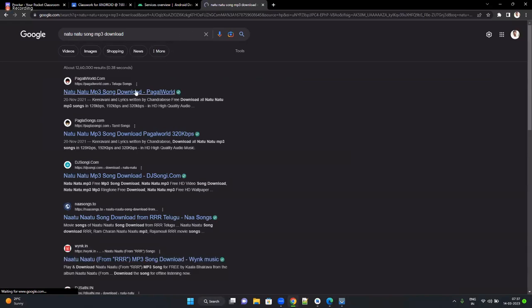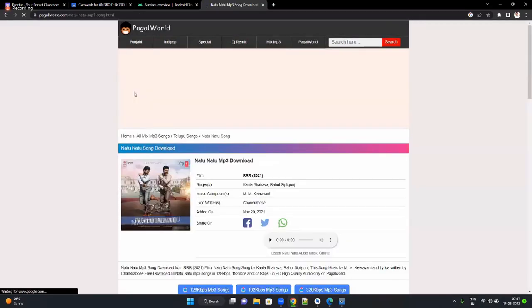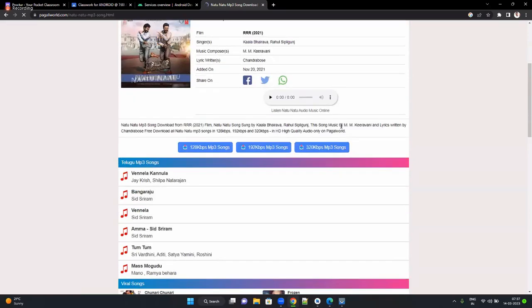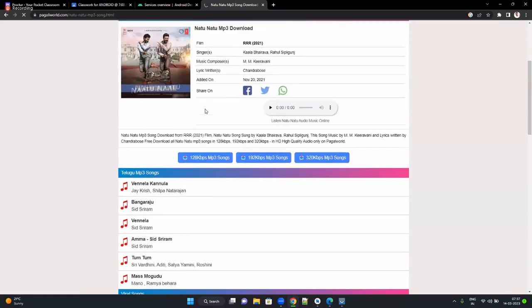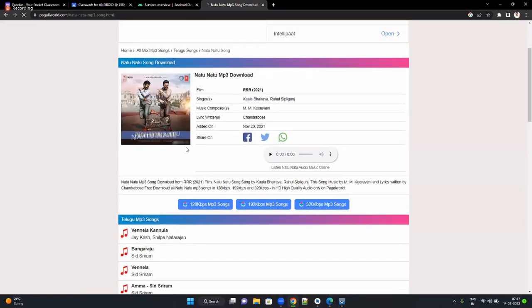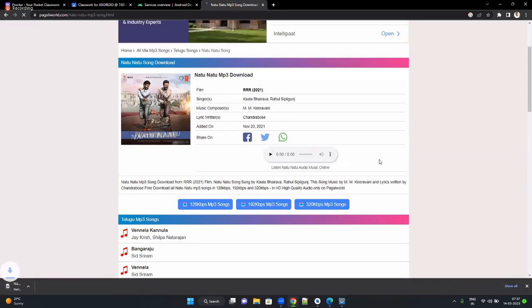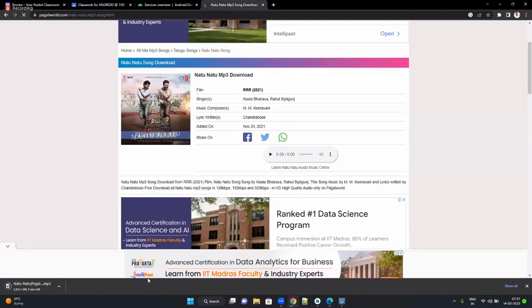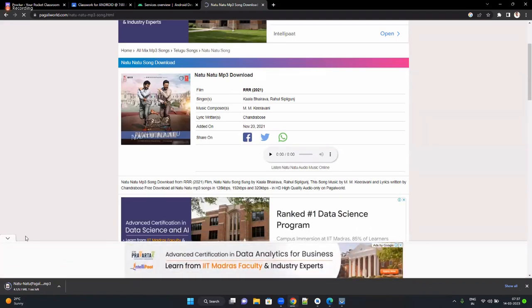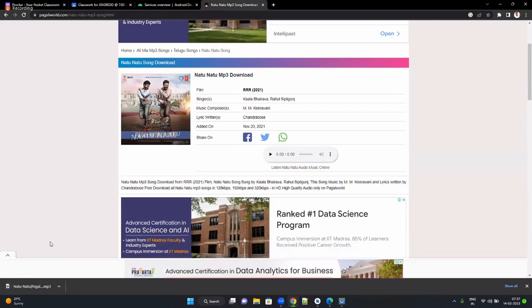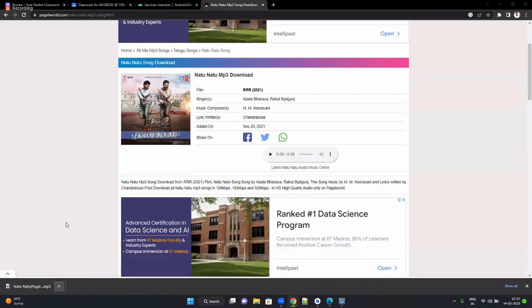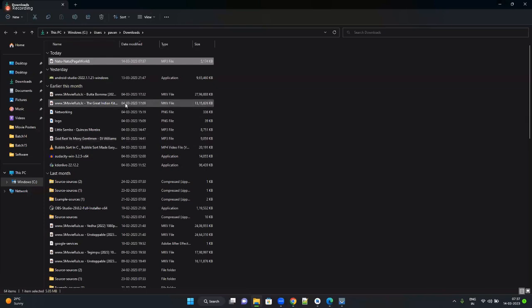When we are playing some song, let us download an Indian song. Recently, Naatu Naatu has got an Oscar, I think yesterday. Correct? So I'm just downloading it. A 5.1 MB file is there. Once the song is downloaded, you can simply copy it,